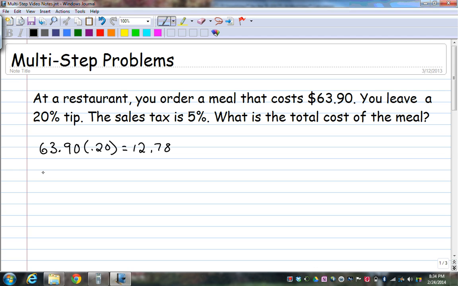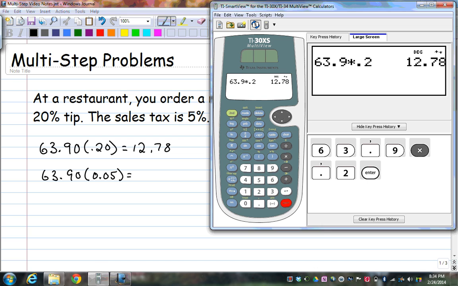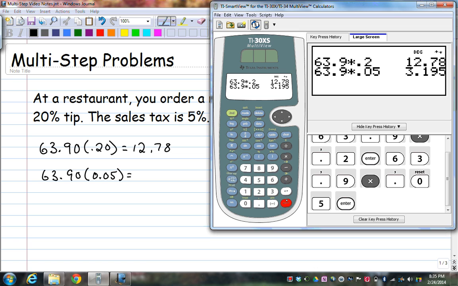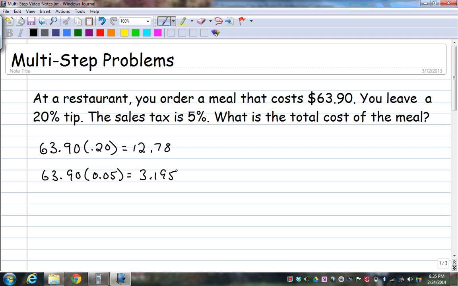And then what I have to do is do 63.90 times the tax. So I'm going to take 63.9 times the tax, which is 0.05, and I get 3.195. Now remember, we're dealing with money, so it's only 2 decimal places. I'm going to round this one. I look there. This is going to round to